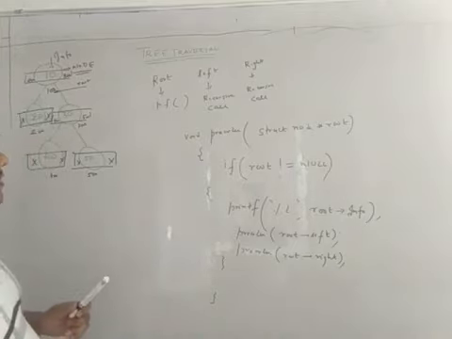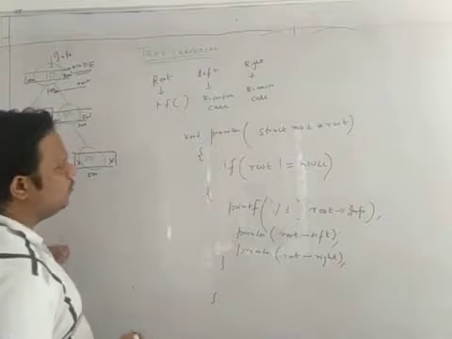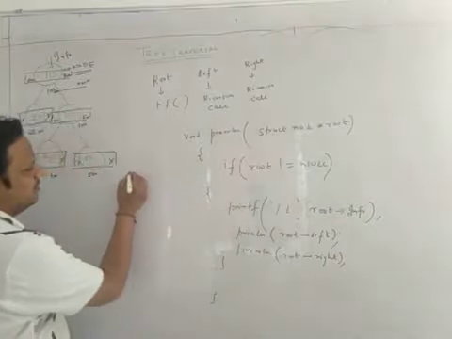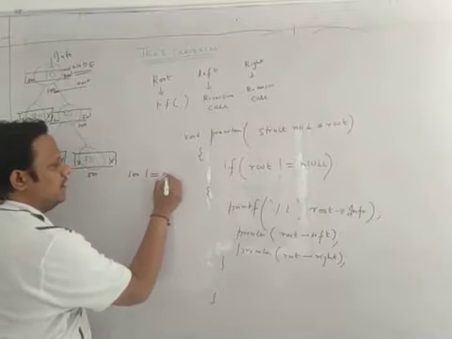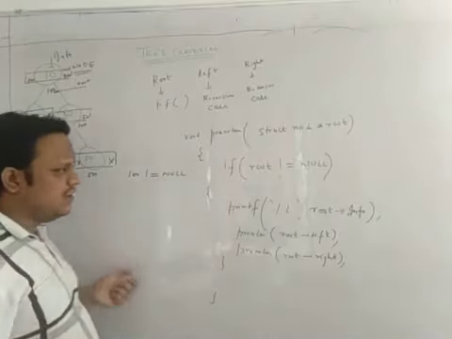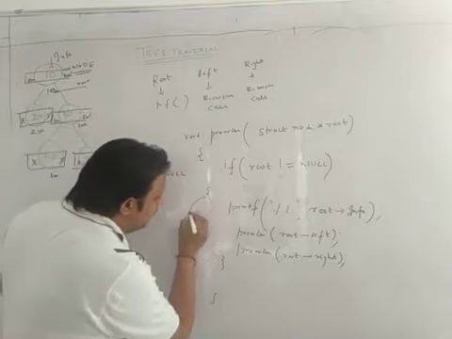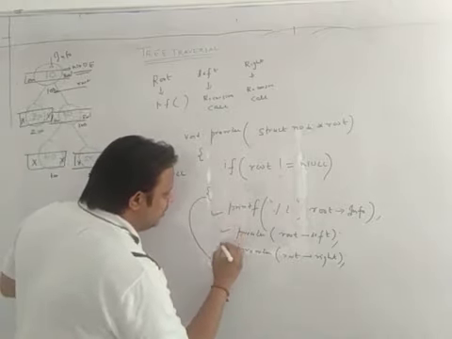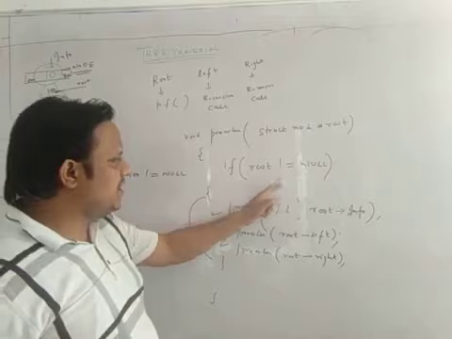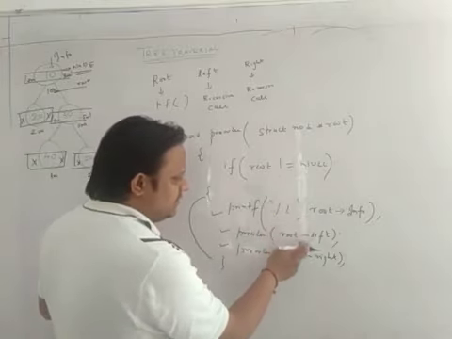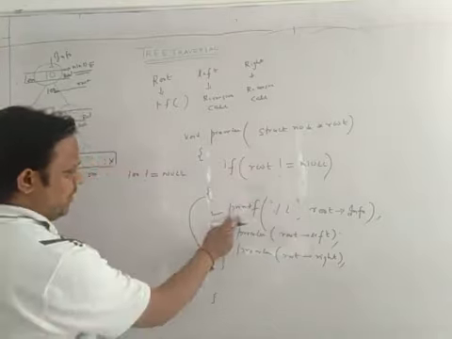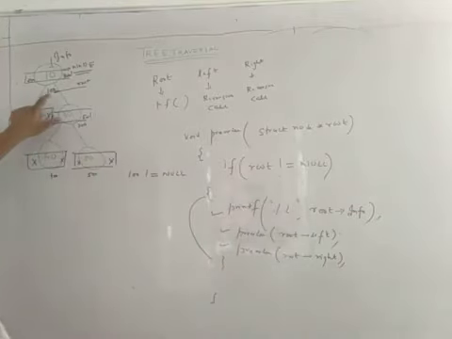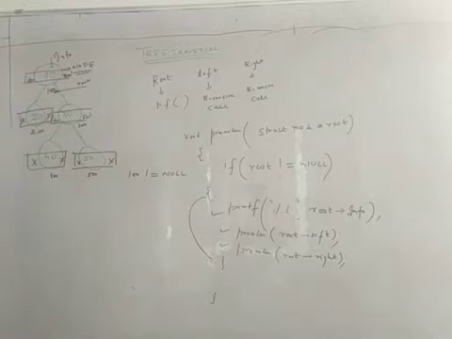How do you debug? What is the value of root here? This root is 100. So 100 not equals to null. Is the condition true or false? The condition is true. So these three statements are all under the if statement. If this condition is true, all three statements get evaluated. So printf %d root info. The info of 100 is 10, the right of 100 is 300, and the left is 200.